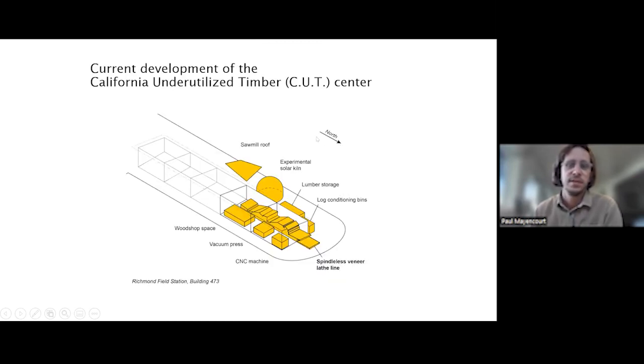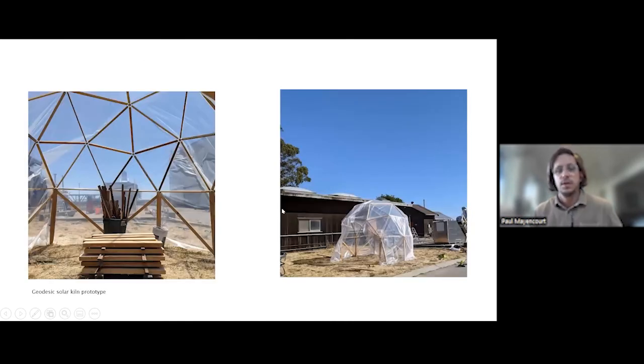So currently developing the center here, we can see some of the ideas that we have, and we built an experimental solar kiln. We want to be able to treat everything from getting a tree to a final product, where we have the ability to dry wood, store it, condition it for veneer, and then use the lathe to veneer the trees, and then we have some vacuum presses. Some of it is in development and we're getting money for this, but some of it is happening already, where we're trying to build up the capabilities of the center at UC Berkeley.